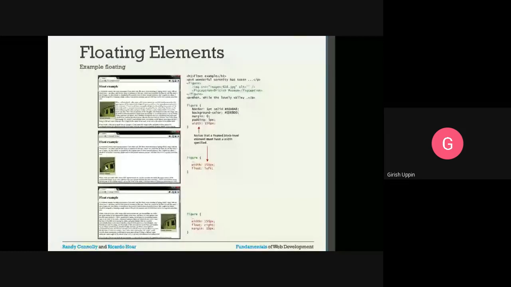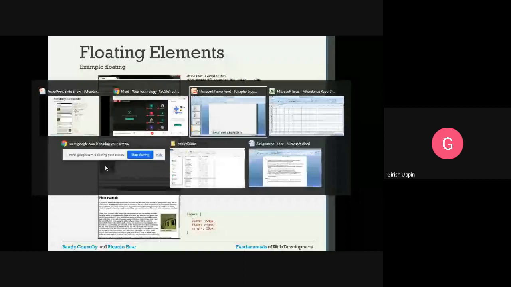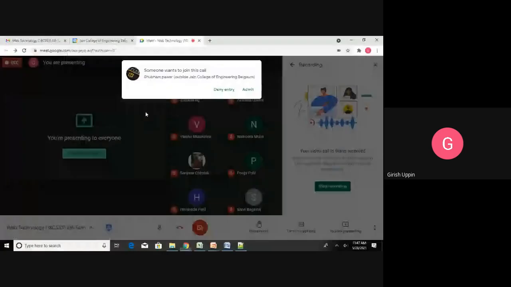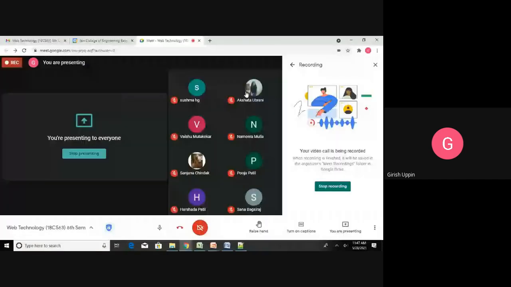We'll see the code. Okay, float. This is 12_float.html. The document is the same as what we had in the example.